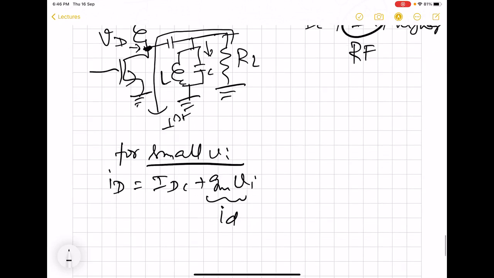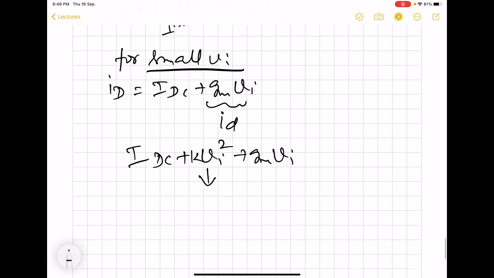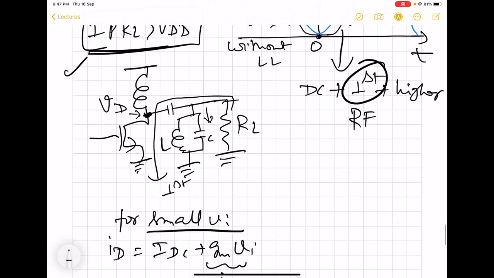If VI is not small, then we will have IDC plus K into VI square plus gm VI. So this is going to give rise to second harmonic, and of course a DC component. So if VI is large, then this will be there. That means this is also going to be there. So to filter out this, we again need